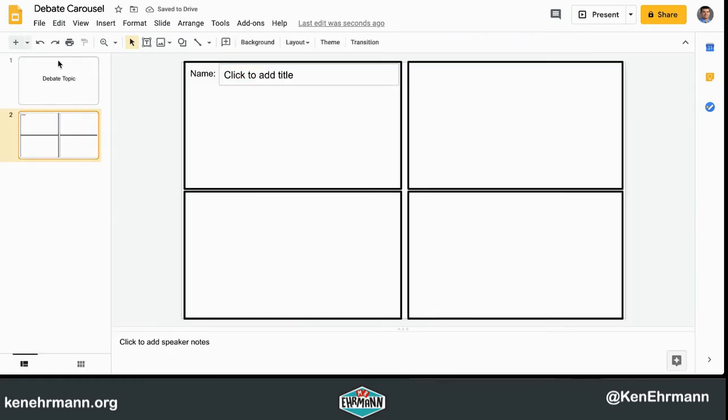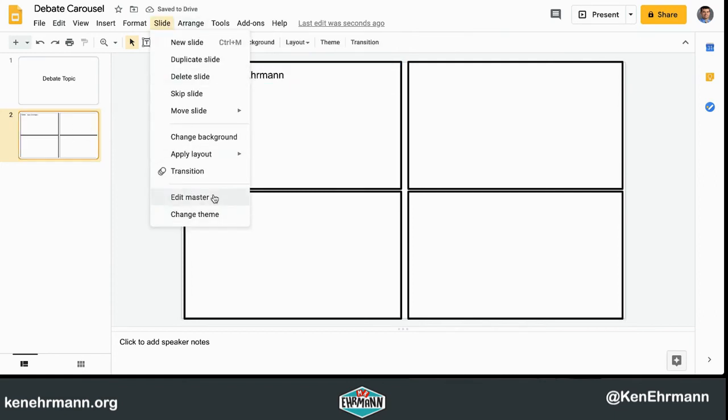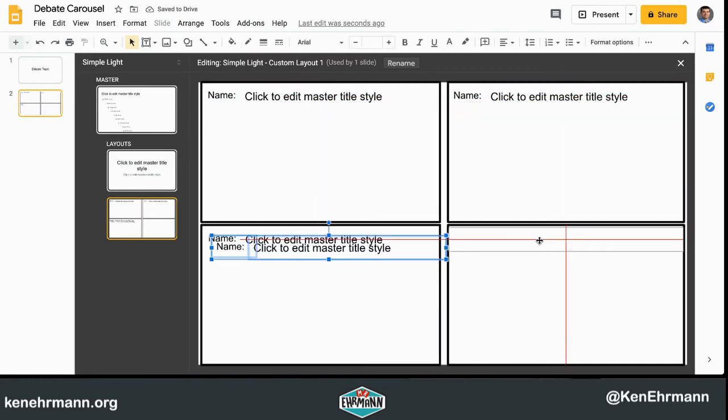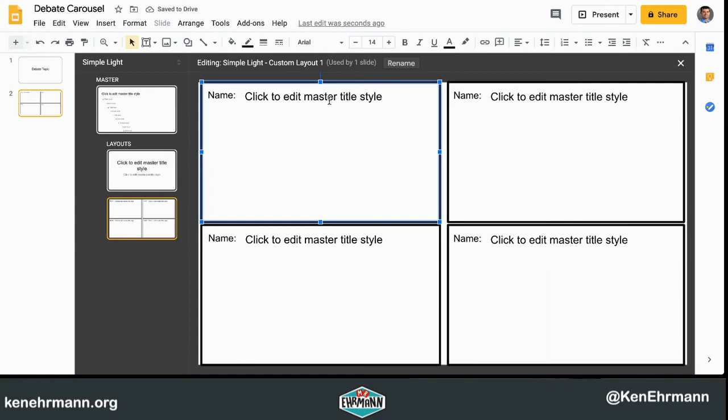So if you go back to the normal slide, I can't do anything to name, but I can type my name in this box. I'm going to go back into Edit Master and I'm going to do this 4 times. Now that we have space for the students to type their names, now I'm going to go into the subtitle placeholder